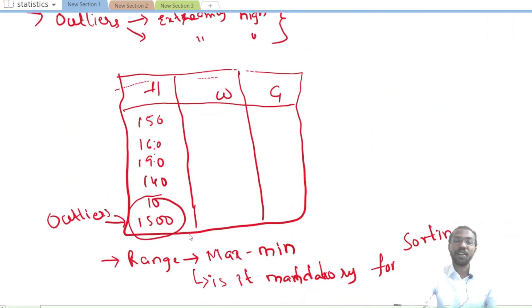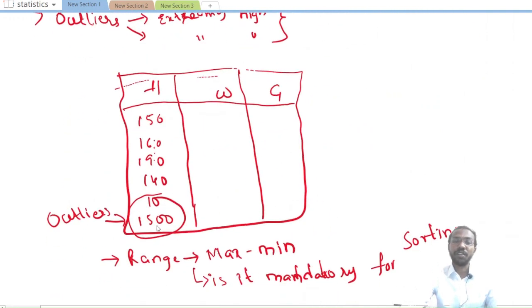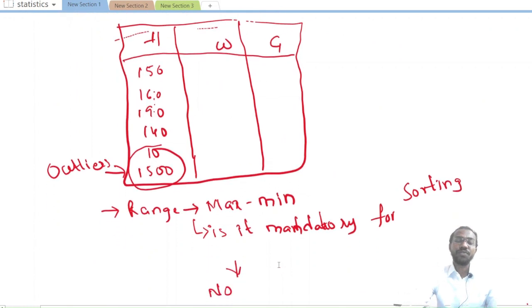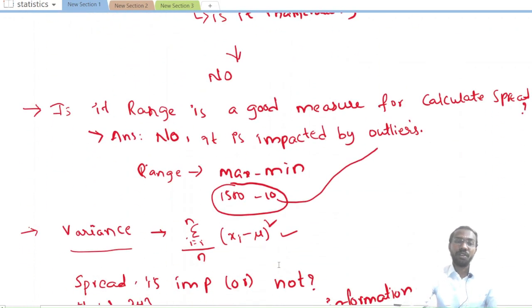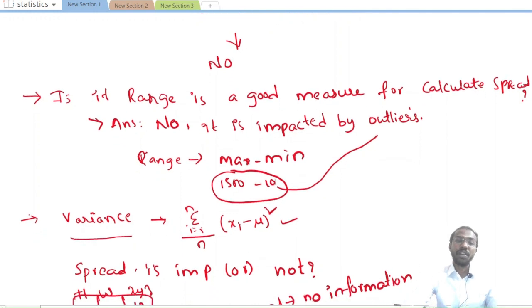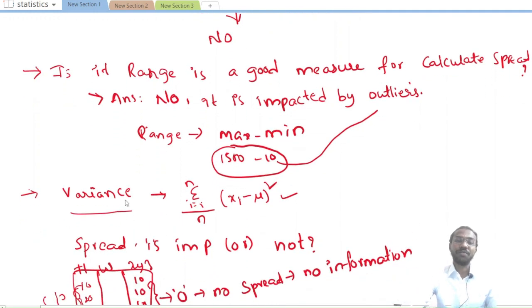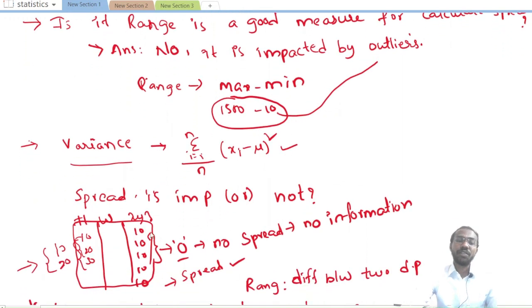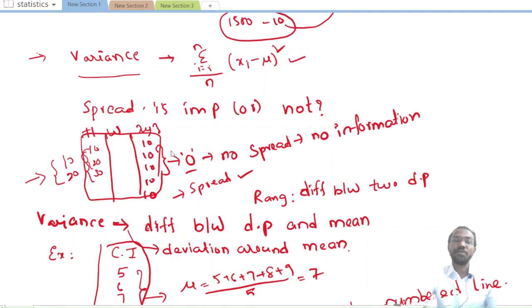समथिंग एक आउटलेयर आया, समझो इसमें मैक्सिमम वैल्यू में से 1500 भी आने के चांसेस रहते हैं। सो उसके लिए अपन लोग, आउटलेयर इज नॉट ए गुड मेजर फॉर कैलकुलेटिंग दिस स्प्रेड बोल के बोल सकते हैं। उसके लिए अपन अनदर टर्मिनोलॉजी यूज करते हैं, वही वेरिएंस। वेरिएंस बोले तो सब बोलते हैं कि फार्मूला, बट ये फार्मूला कैसे आया, क्या नहीं बोले तो उसके लिए अपन थोड़ा इन्फॉर्मेशन पढ़ना पड़ेगा। वही उससे पहले अपन क्या करेंगे, स्प्रेड